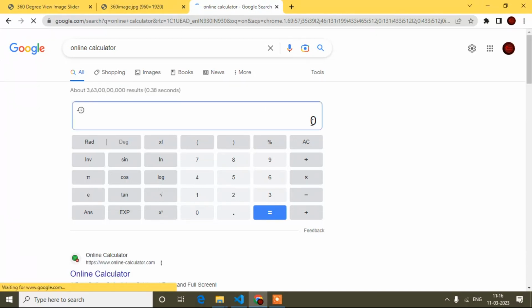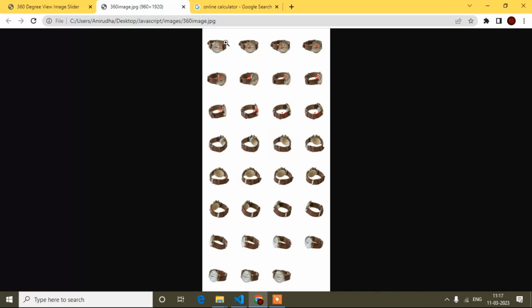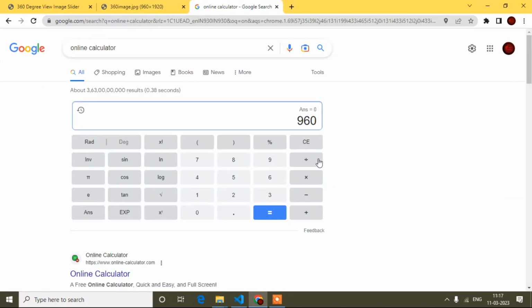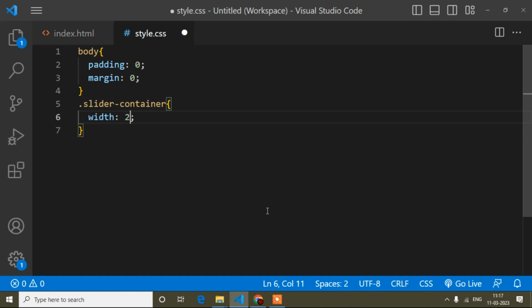So 960 divided by 4, because there are 4 images in a column. Let's see, it is 240. So the width of one image is 240 pixels.